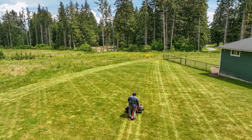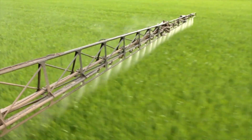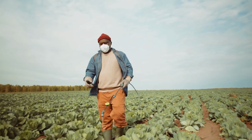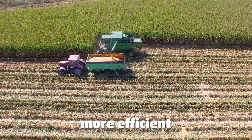In the ever-evolving world of agriculture, innovation is the key to unlocking new levels of efficiency and productivity. The landscape of farming is transforming as traditional practices are enhanced by cutting-edge technology, making processes faster, more efficient, and